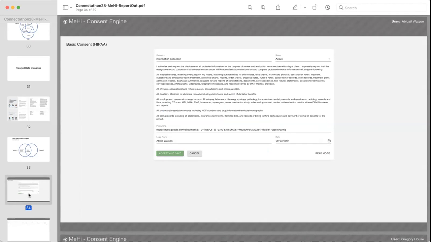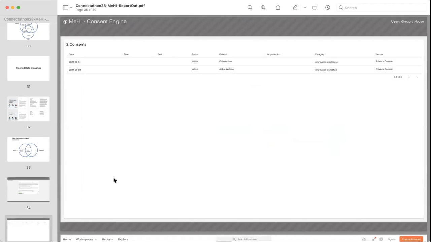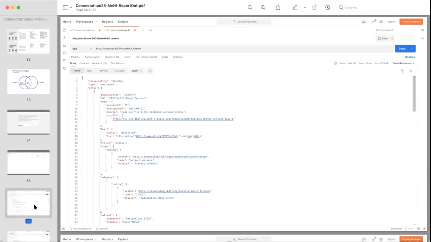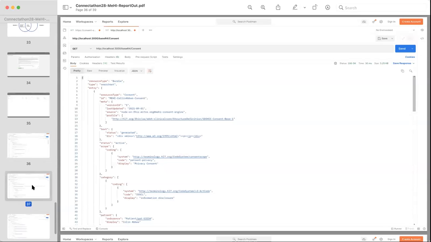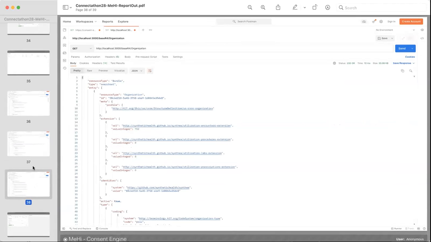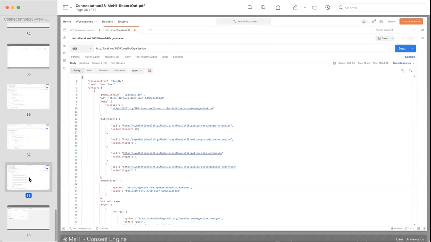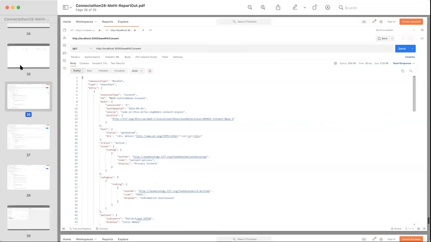And we have some basic utilities on a HIPAA consent authorization form, and it generates the consents, and then the Postman API access, and we're going to be concentrating on those probably as the first step, based on review and survey of the existing implementation guides. And yeah, we also support the patient and organization endpoints. And yeah, that's my report out.